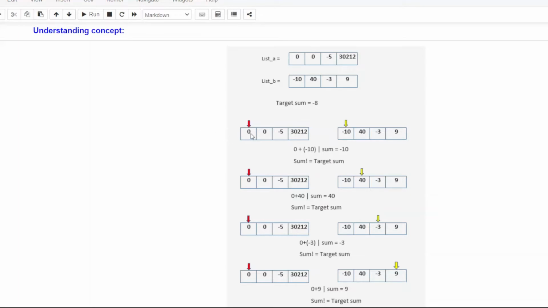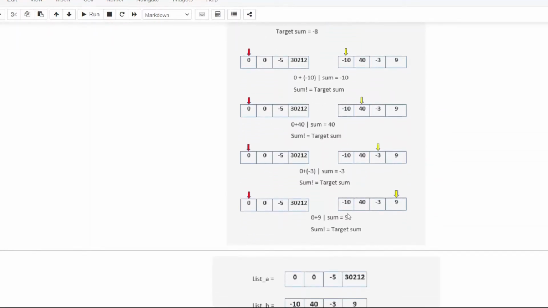So first element is 0 of the first list, and first element of second list is -10. So 0 plus -10 gives the summation of -10, which is not equals to our target sum. So we will move forward, and our next element is going to be 40. So now 0 plus 40 equals to 40, which is not equals to our targeted sum.